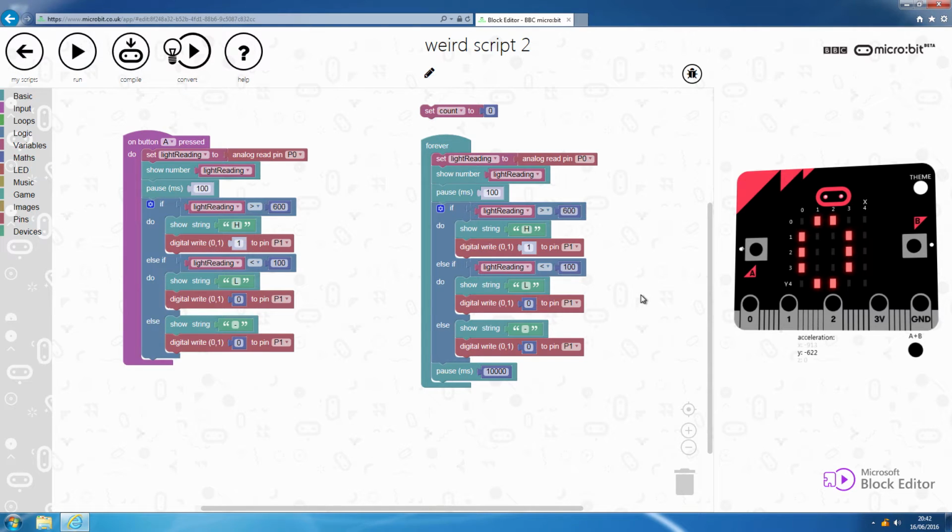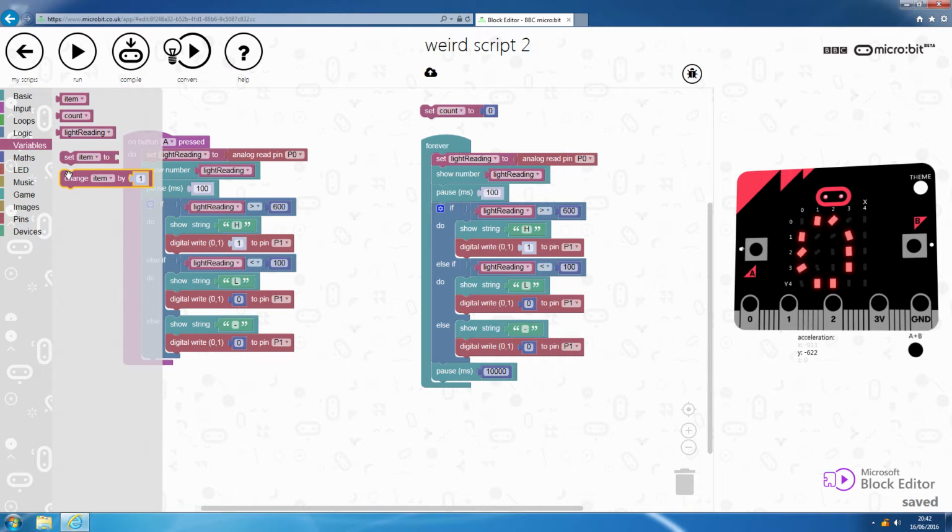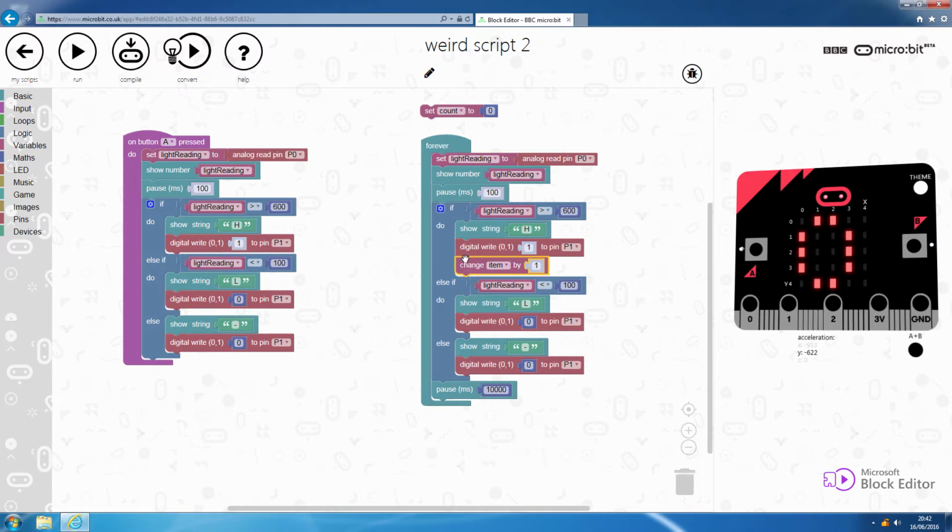I'm not sure which. So we've got our if, and what we want to do is every time we see the light reading is on the high side, we want to increase our variable, which is called count, by 1,